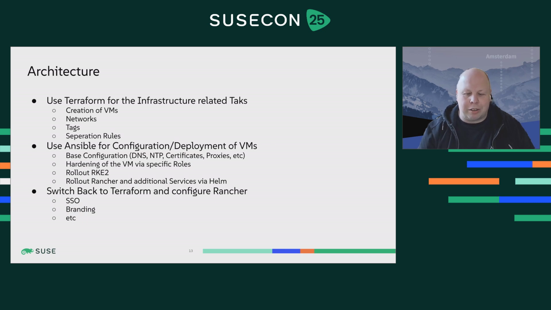So everything we need to do on the hyperscaler or around the infrastructure, like the creation of the VMs, when we need to create some networks on the hyperscaler or the hypervisor, when we need to add tags or separation rules on the VMs. That's all done via Terraform,